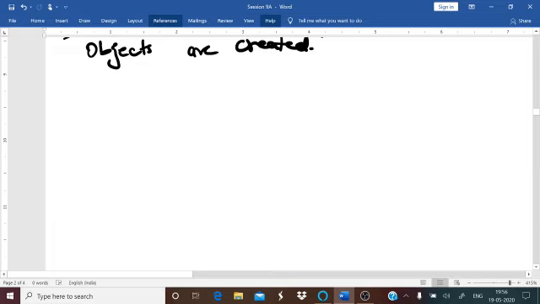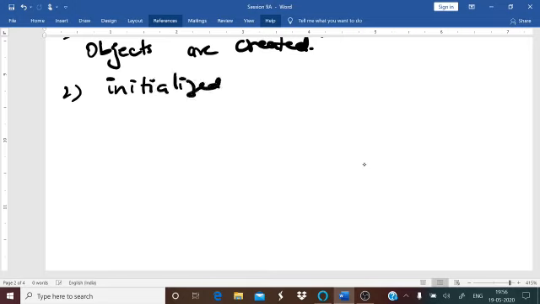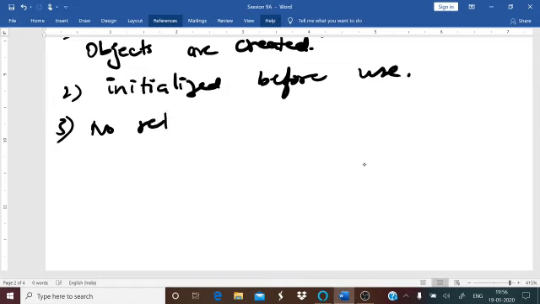If a class has a constructor, each object of the class will be initialized before any use. For using it, it will give a value. The private and protected constructor is available only for member functions and friend functions, but a public constructor is available for all the functions. And no return type. Remember, no return type is used in your constructor. Void also, you cannot even give void. And constructors cannot be inherited.